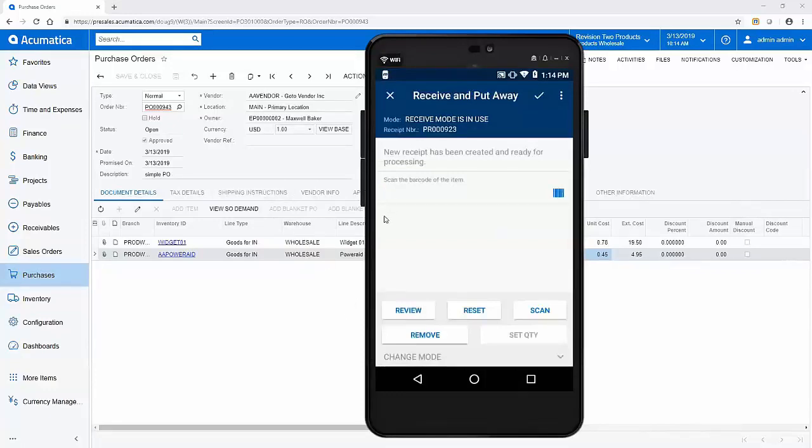So now we can start scanning our items. It's going to say scan the item barcode. I have a list of barcodes that correspond to widget 01. So we'll scan that. And you can see now we've got our widget 01 selected. Next, it's asking for the location. So I'm going to put this away in my warehouse location,